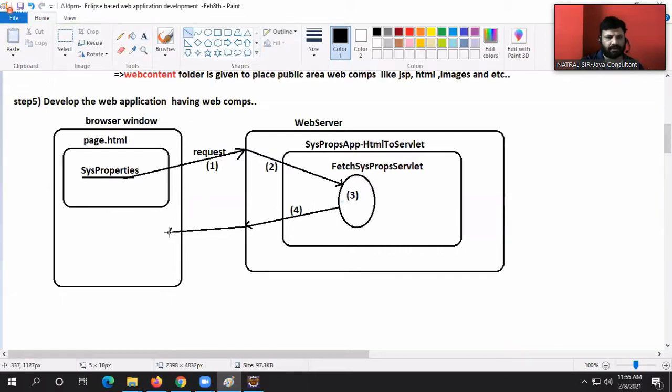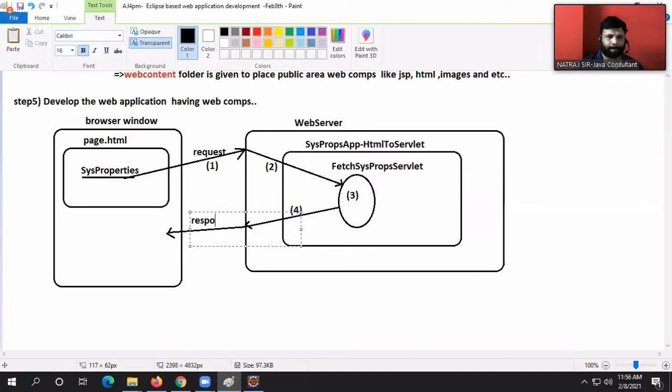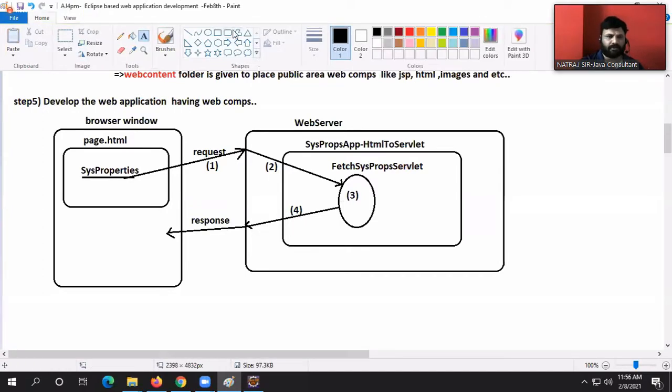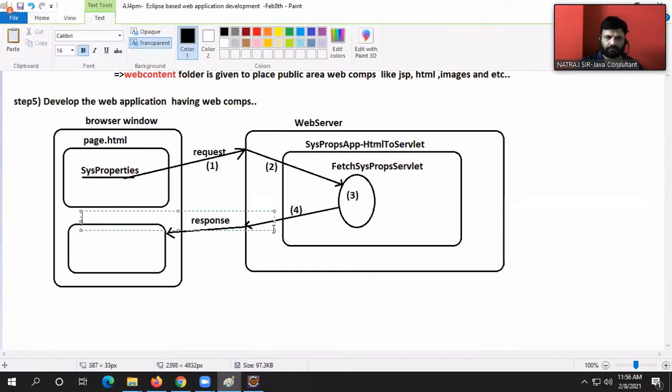Here is my final response. Final response: dynamic web page. This is the final response, that is a dynamic web page. Here all system properties should come.